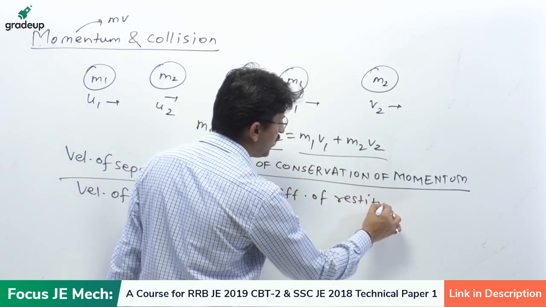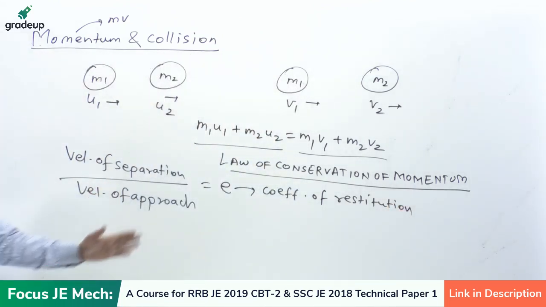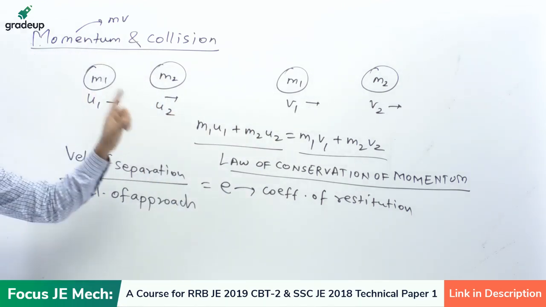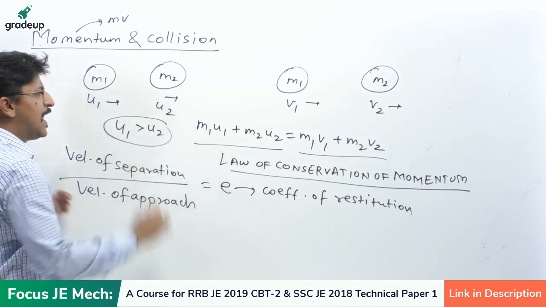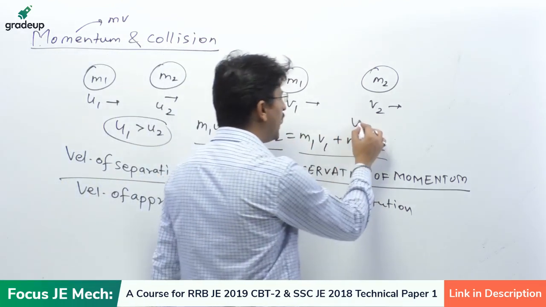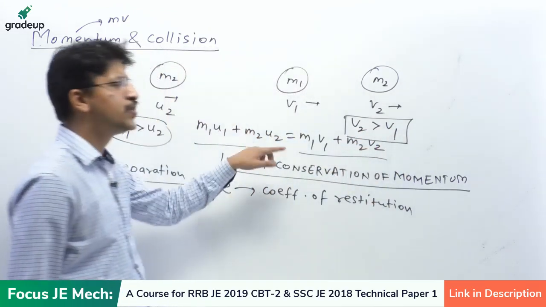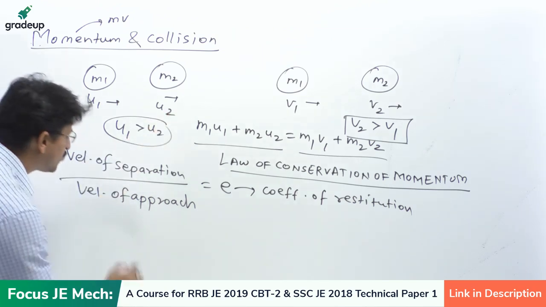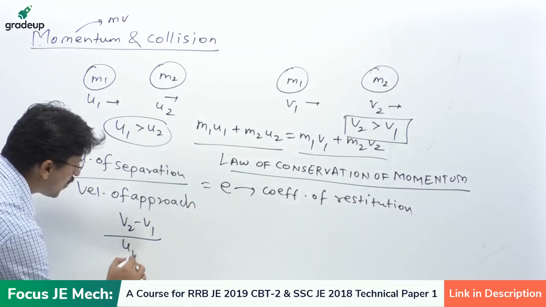Coefficient of restitution. Okay. Velocity of separation. This is the velocity of separation. Please look into one thing. These bodies will collide only and only when u1 is greater than u2. Yes or no? And these bodies will separate only if v2 is greater than v1. This is the condition for the collision to take place. Okay. So velocity of separation, that means v2 minus v1, over velocity of approach, that is u1 minus u2, is